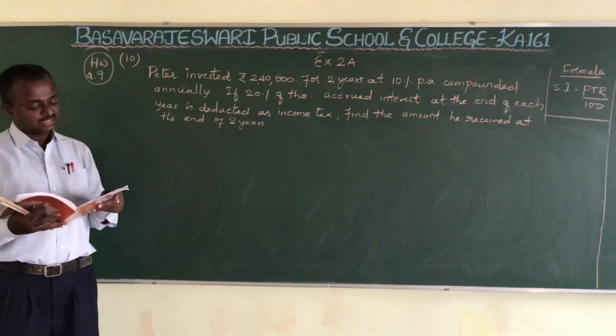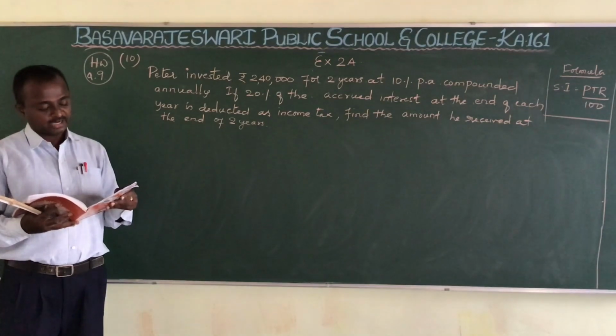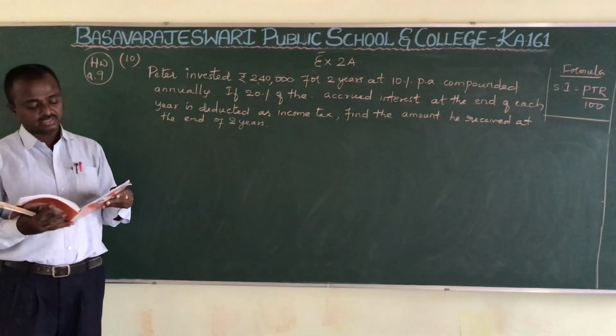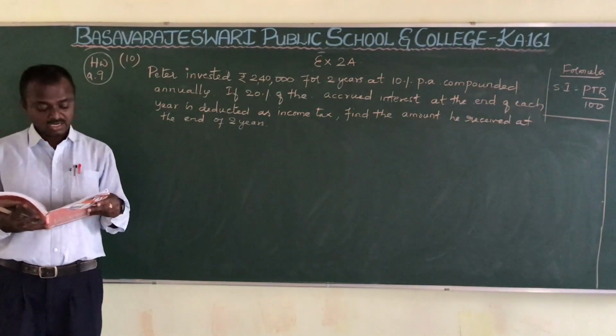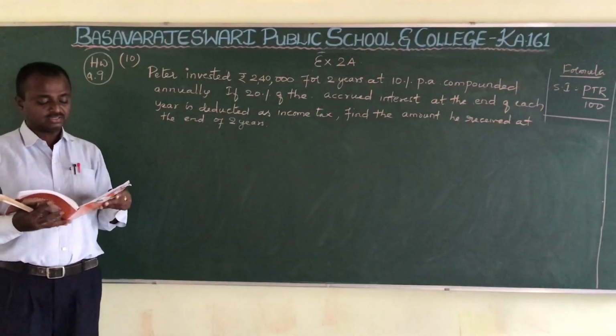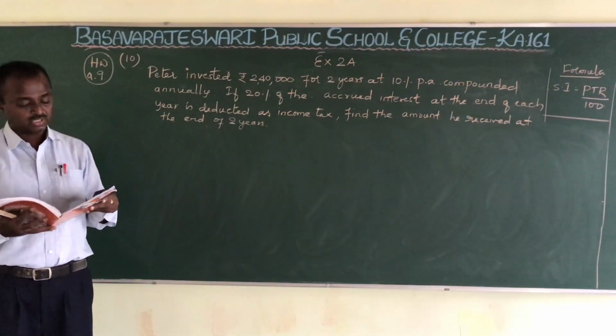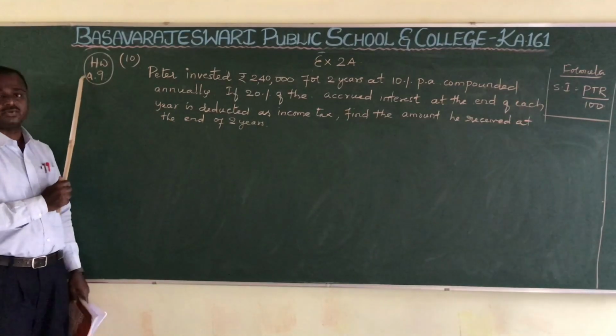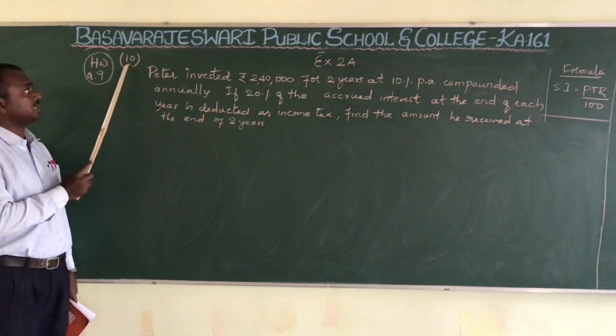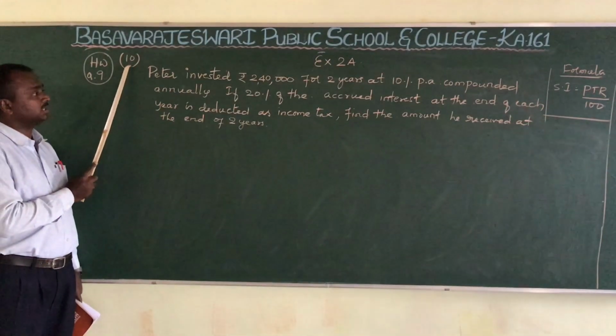So the previous sum is also similar. They are given 8% and 9%. So rates of interest are different for different years. Here also they are given different rates of interest for 3 years. Therefore, it is a similar problem, so I am giving this as homework. Then I will move on to question number 10.